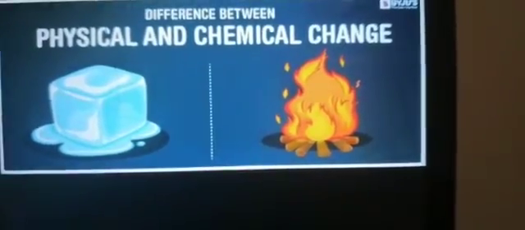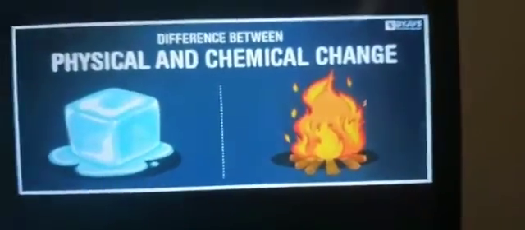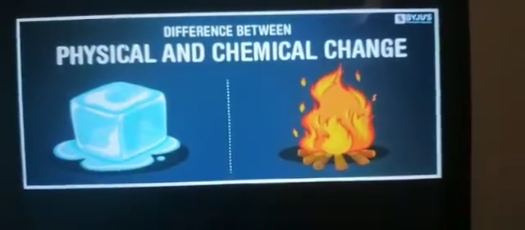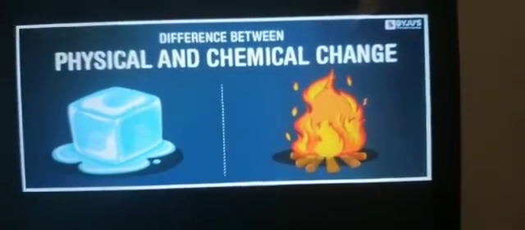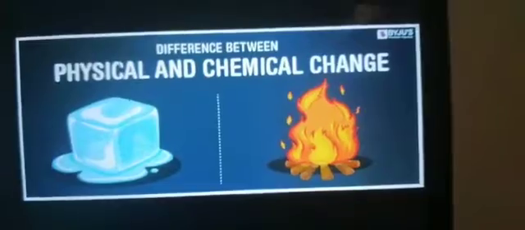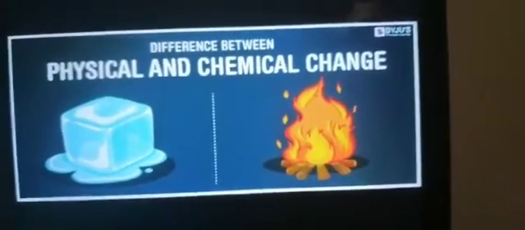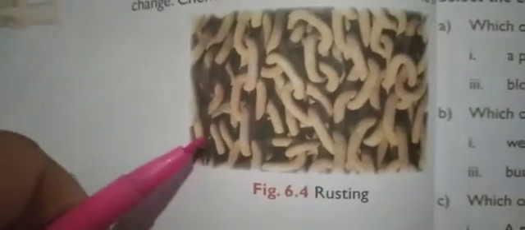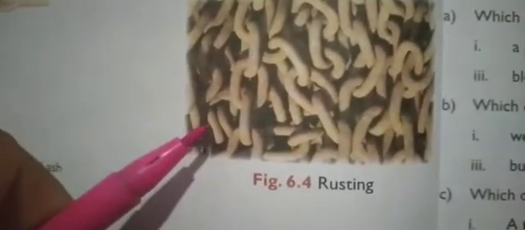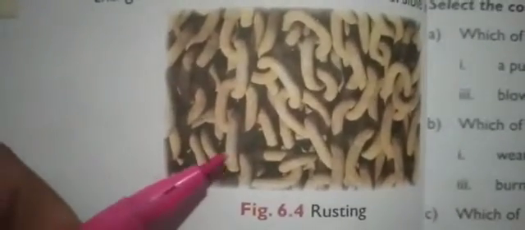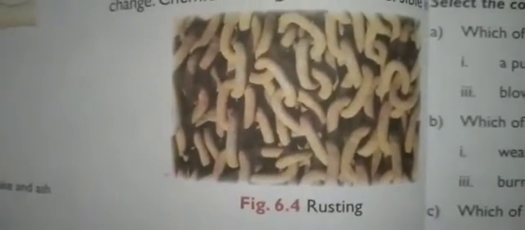Examples of chemical changes include burning of wood, cooking, right? When you cook, you put rice and mix it with water, so you get rice that can be eaten. And another example is the rusting of iron. So when you expose this iron to water and oxygen, it will become rusted, right?